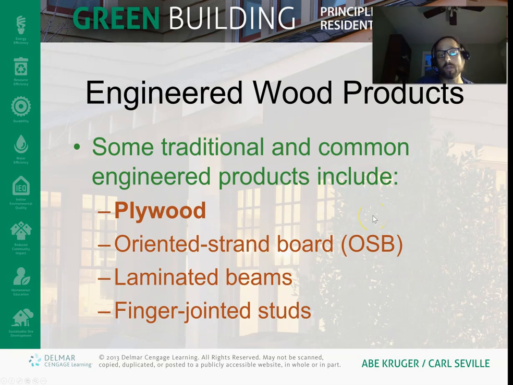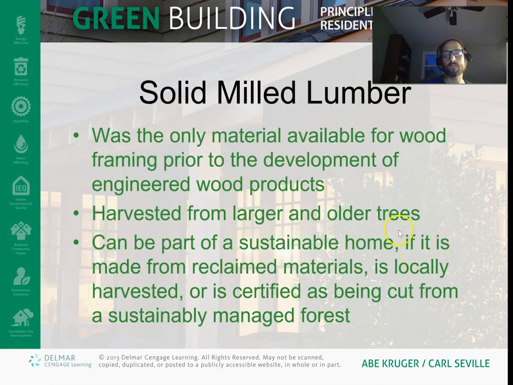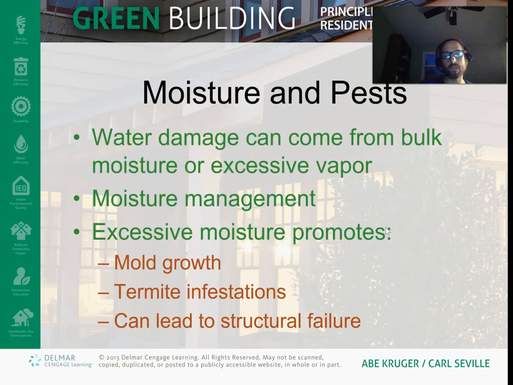So these are engineered wood products. They're wood that is made various ways, chopped up and glued together and pressurized and so forth. And these, especially plywood and OSB, are really, really common to see on building sites. Solid milled lumber is not used all that often anymore. That was kind of the way they used to do things. Now we're much more into the engineered wood components, but it can be part of a sustainable home, as they